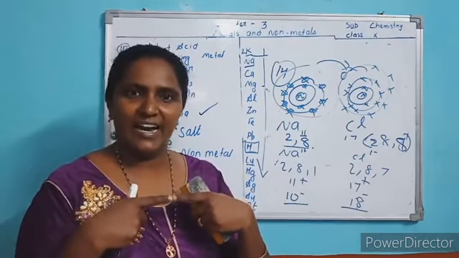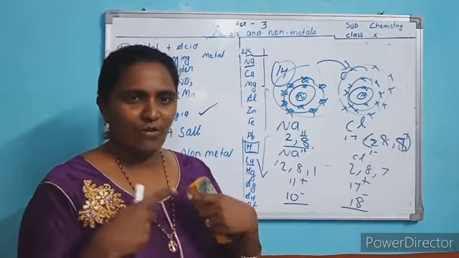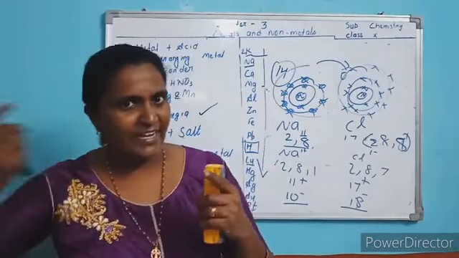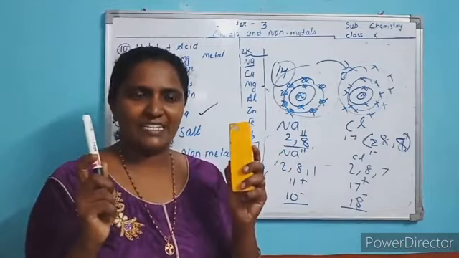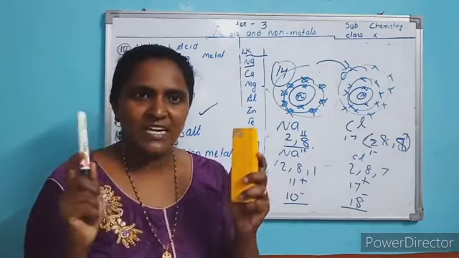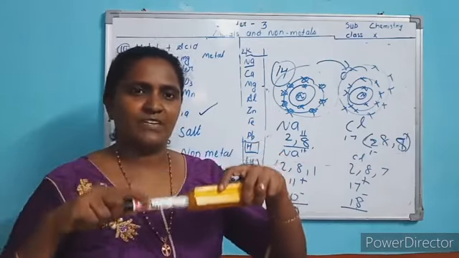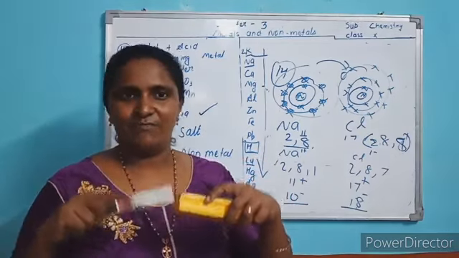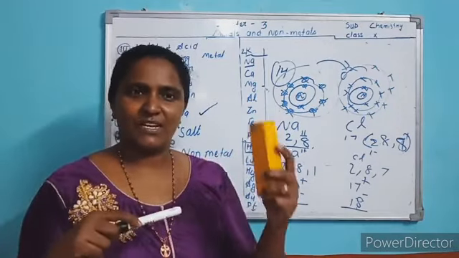This bond is called an ionic bond, which is strong. Now tell me how an ionic bond is formed. After donating, it becomes a positive charge. After gaining an electron, it becomes a negative charge. Now there is a charge on the two atoms. So between plus and minus, what type of force occurs? Electrostatic force of attraction. So they combine to form a bond. This bond is very strong. It is called an ionic bond because this bond is found between charged particles, plus and minus.